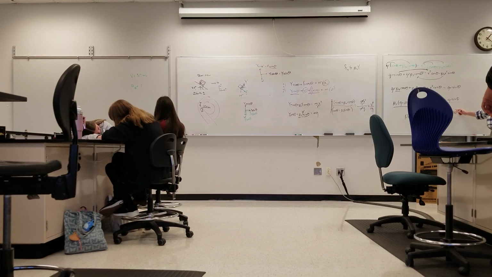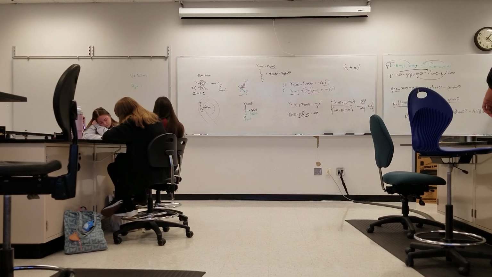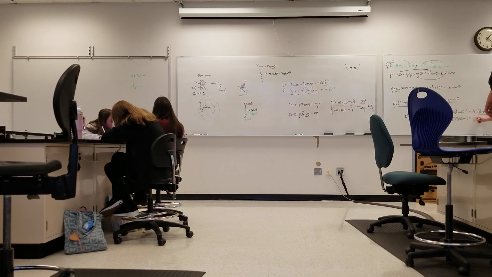So it's 30 squared cosine of 25 degrees minus 9.8 times 100 times the sine of 25 degrees, divided by 9.8 times 100 times the cosine of 25 degrees plus 30 squared sine of theta. And we get